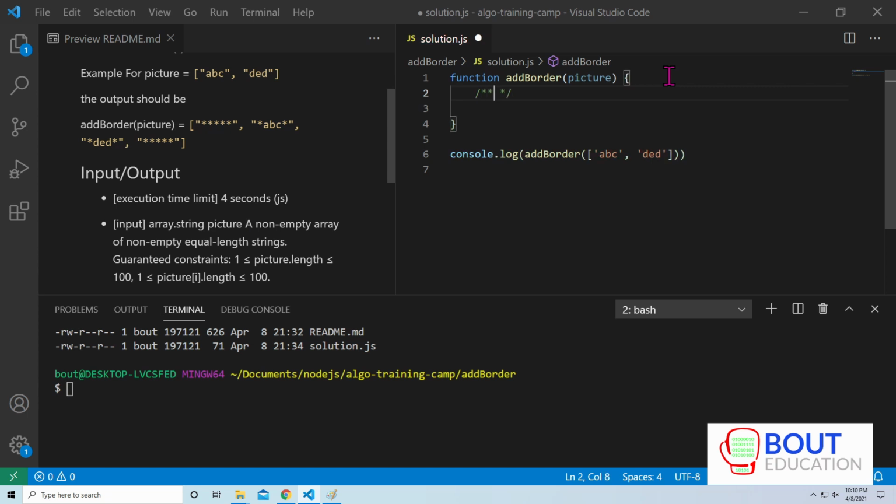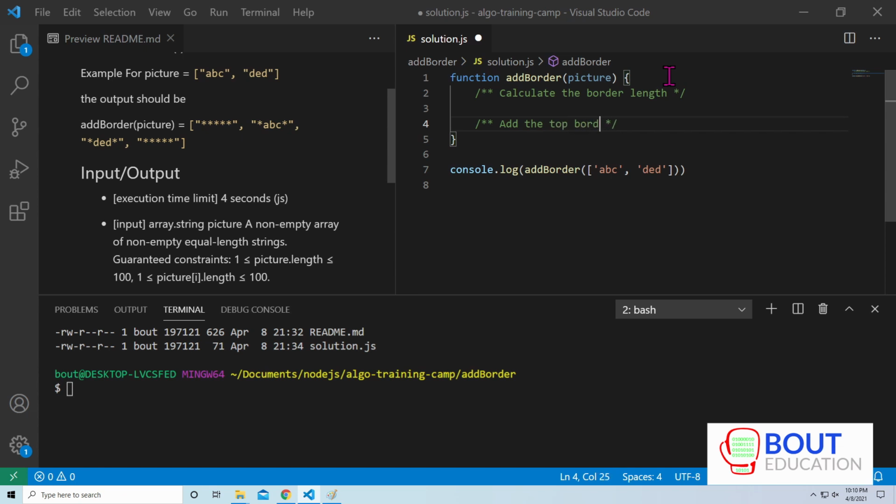There are a few steps we need to take, right? We need to calculate the total border length. Like we mentioned before, the border length is dependent on the length of the picture that's passed in. We'll get to that at some point. Then, like we mentioned in the approach, we're going to add the top border. So when this is passed in, first we're going to add the top border. Then we're going to loop through the picture